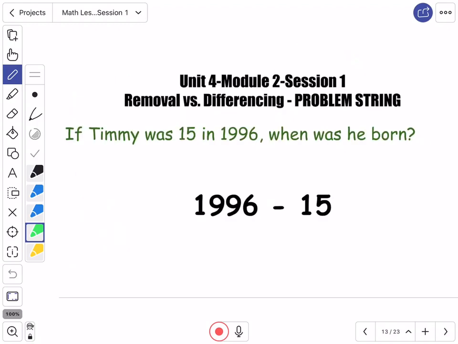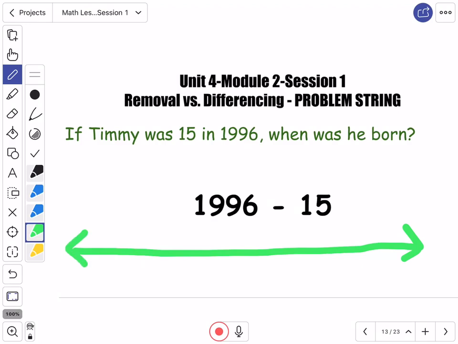So here we go. If Timmy was 15 years old in 1996, when was Timmy born? All right, so thinking again of a number line, I'm going to try and use one that maybe isn't as thick as the one I used before. So now I'm working with a year and the number of years that he was. So if he was 15 in 1996, when was he born? Okay, so if I put 1996 on my number line,